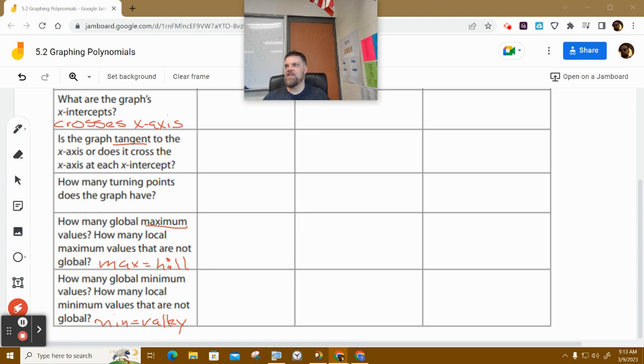Carpal tunnel is not the actual word of the disease, I suppose. But anyways, they go in and they cut the ligament. So if you look real close, I got like a little scar. So during COVID, I had to post a bunch of stuff online and type a bunch of stuff online so that kids can continue to learn. And then I developed carpal tunnel. But now I'm fine. See? Huh? Yeah, it is better than arthritis for sure. But